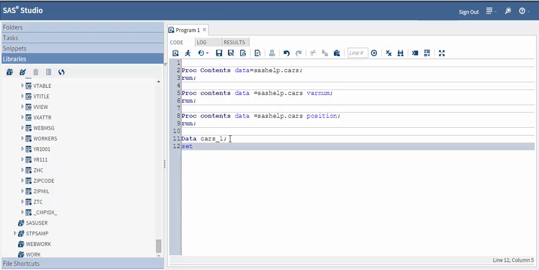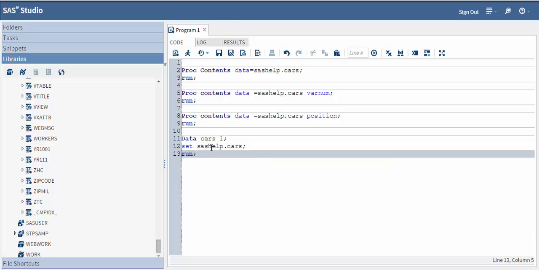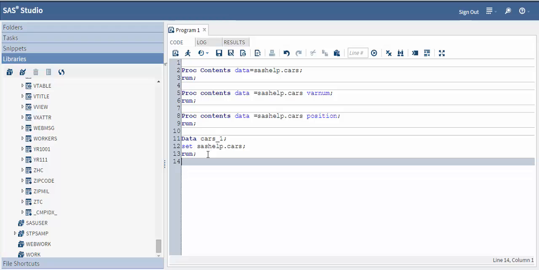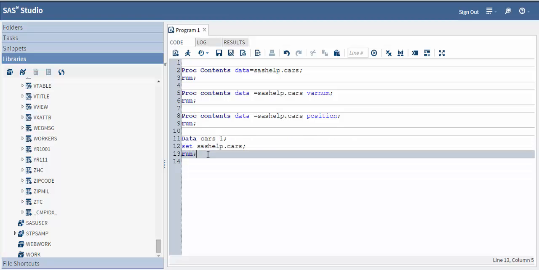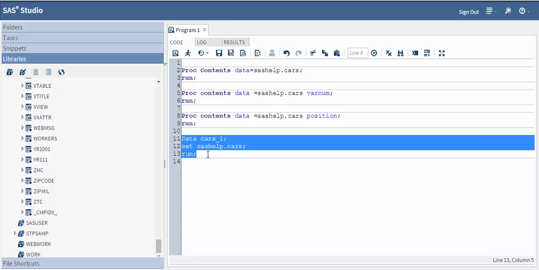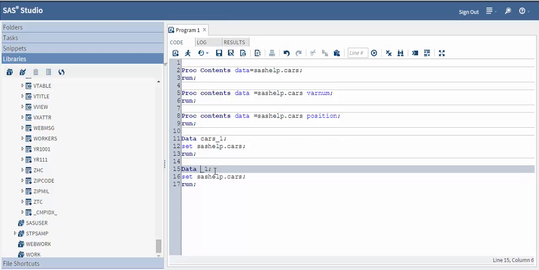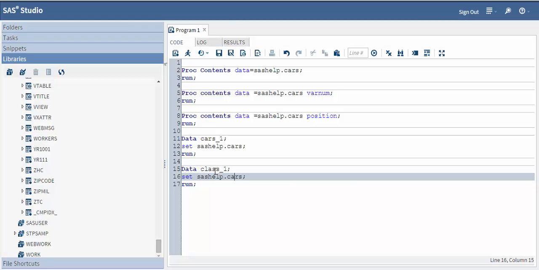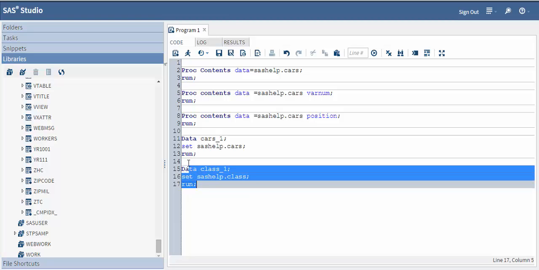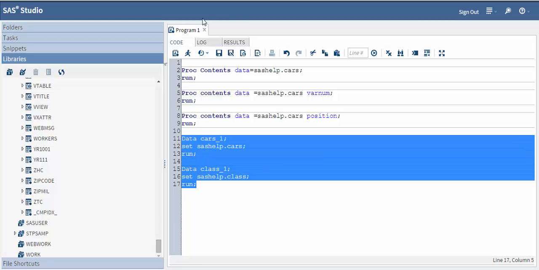Set source. So how do we create a copy of a data set? Using a data and set statement, right? Set source file is SAS help.cars run. So similarly, I want to create a copy of another data set, that is class, from the same library SAS help.class. Okay, so I'll just quickly run these codes so that a copy of these data sets is created into my